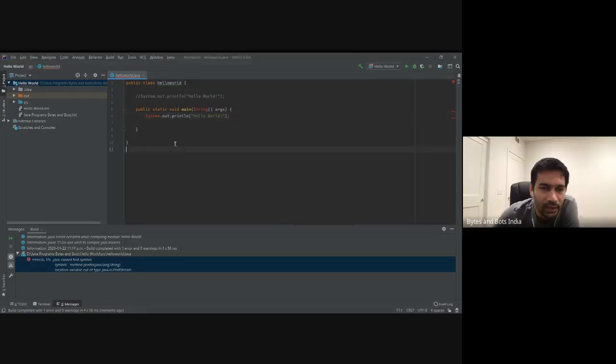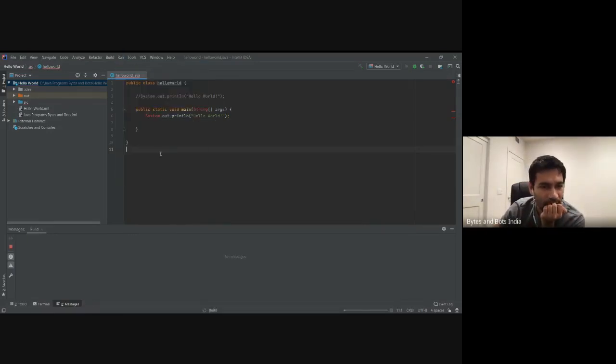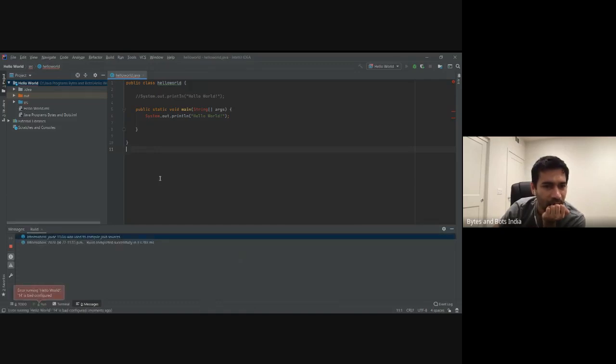Yeah, now save it and do the same. So what's the bad configuration? So your configuration name, you have a space in the name of it.